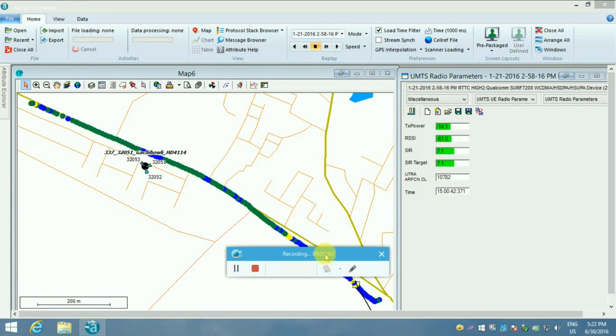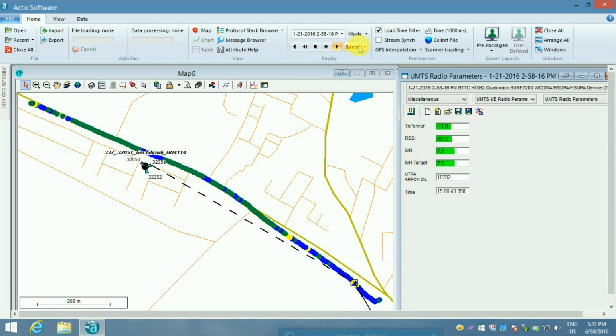Here we can view the values received at each position conducted during the drive. The data represents the active set EC by I naught values received at each position through the drive test.